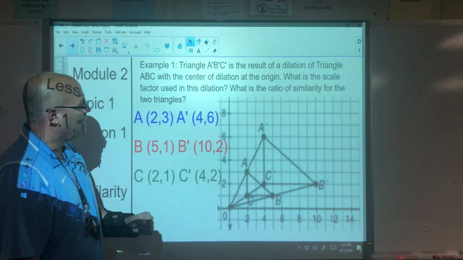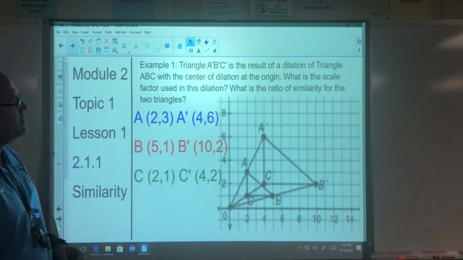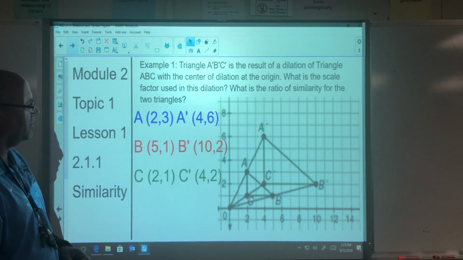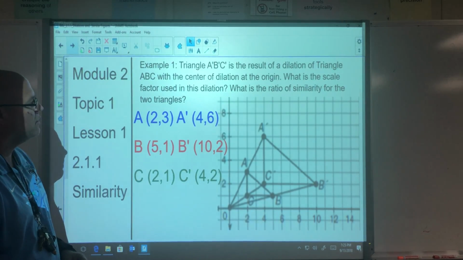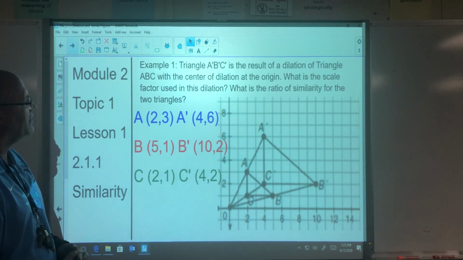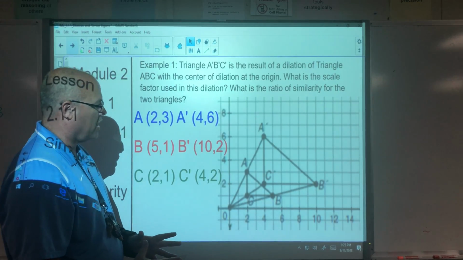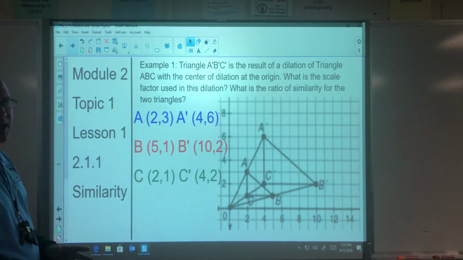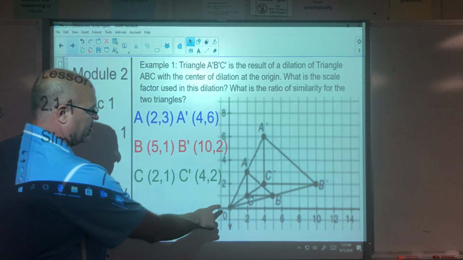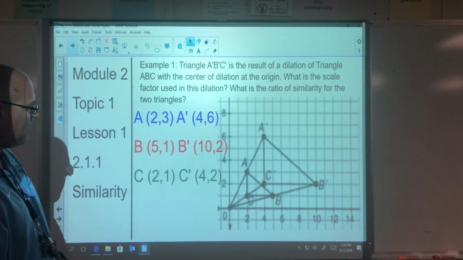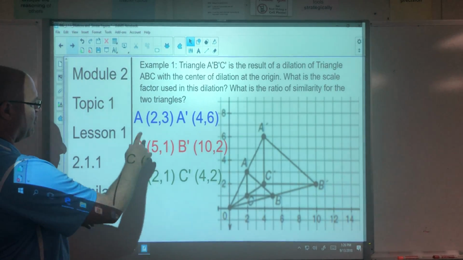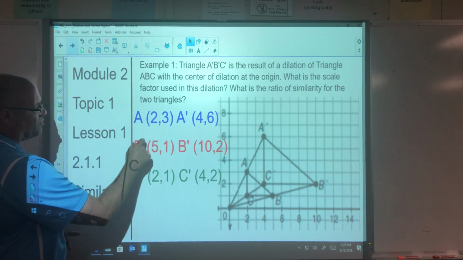Example 1. We have triangle A'B'C' is a result of a dilation of triangle ABC with the center of dilation at the origin. What is the scale factor used in this dilation? And what is the ratio of similarity for the two triangles? So all of our dilations we do in this class, we use the origin, 0, 0, as the center of the dilation. So if we look at this, if I wrote down the original points, A is 2, 3,